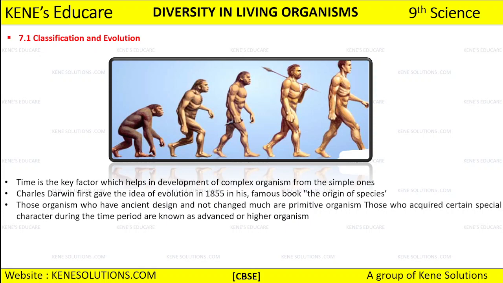It is not the case that only one human being evolves after a certain period of time. All the population which is present evolves at a time, right? So now we have evolved and we have developed certain special characteristics within ourselves, within a span of a time period, and we call these characteristics, like we have these advanced or higher organisms which are present here. Okay,